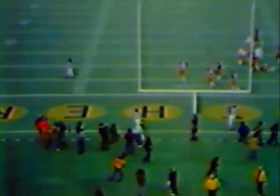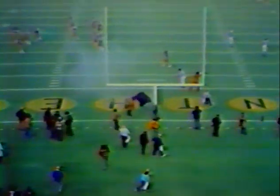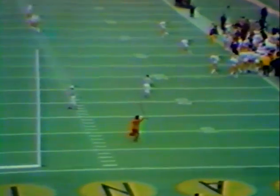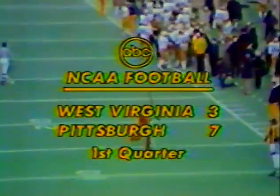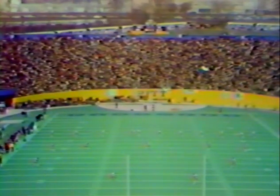Dan Kendra on 3rd and 6 wants to throw over the middle. Incomplete. Intended in the end zone. Bill McKenzie's field goal attempt is good. And so West Virginia capitalizes on the fumbled punt and gets on the board with a field goal from Bill McKenzie, the fellow who beat Pitt last year. He was a walk-on. With just 50 seconds left to go,